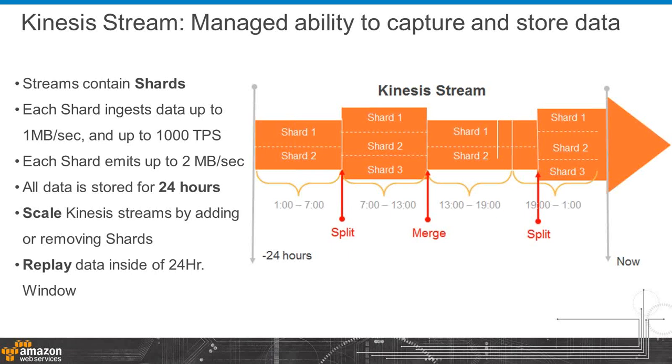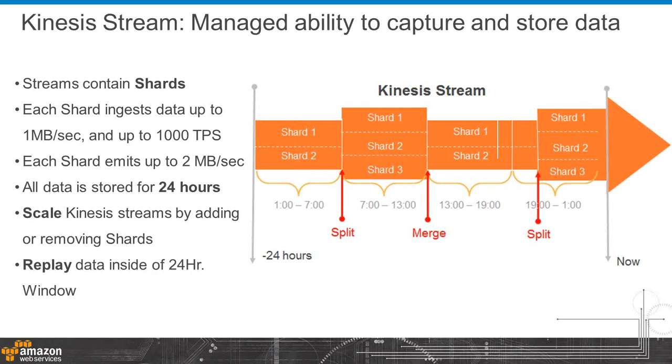Therefore, when you build a stream in Kinesis, you would simply request the server to create a stream with n shards. So if you want a stream that can capture and store 10 megabytes per second of data, you would simply tell Kinesis, give me 10 shards in the stream. And in real time, the stream will spin up, giving you effectively the 10 megabyte per second in and 20 megabyte per second out capacity. A key attribute of Kinesis and Kinesis streams is that they serve as excellent large-scale sequential write followed by sequential read patterns.